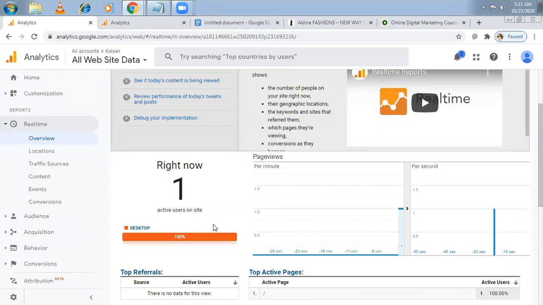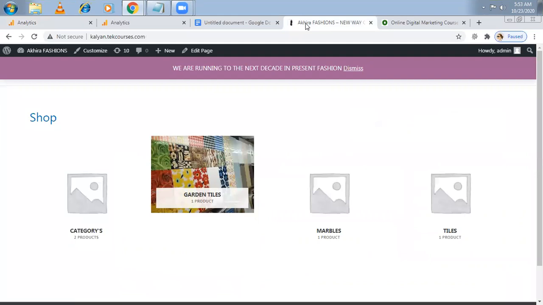So Universal Analytics. Let us take an example. There is a website and they're already tracking with the Universal Analytics. Now, without disturbing it, they want to go to GA4. How to do that? I'm going to explain now. So for this,